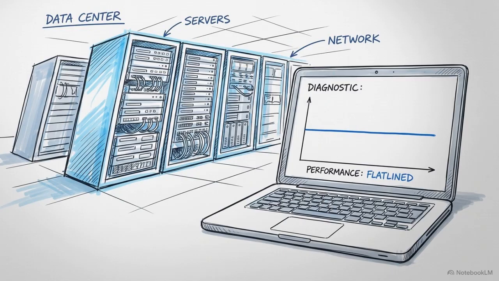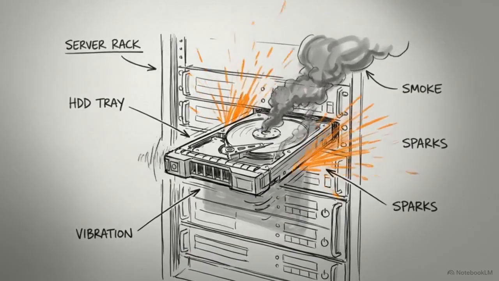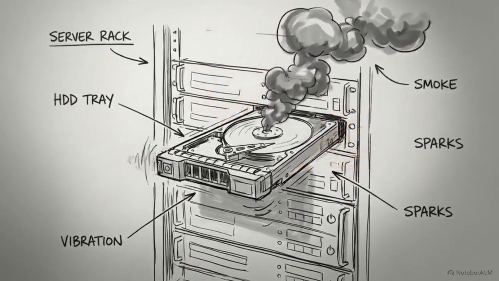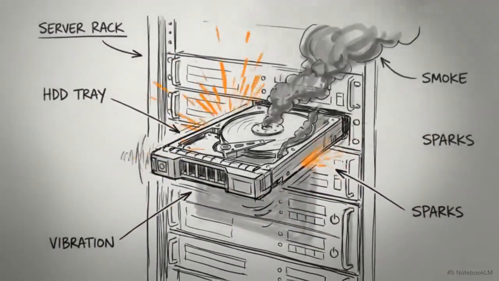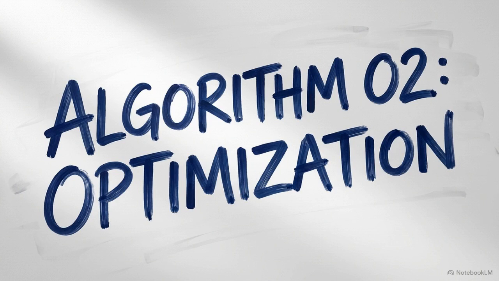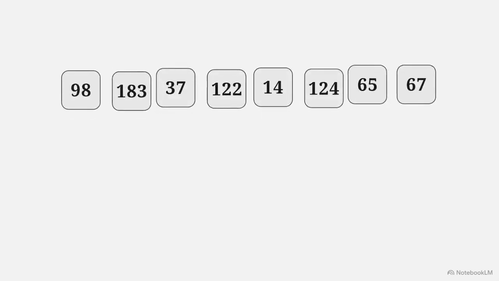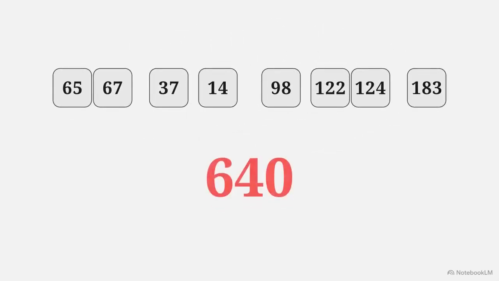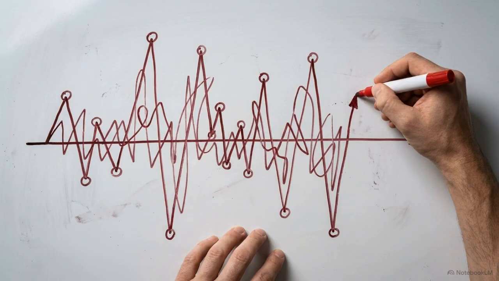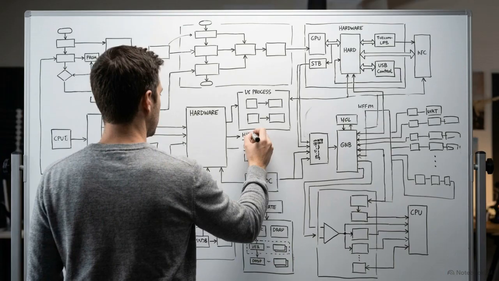Modern operating systems very rarely use FCFS. That much erratic movement wears down the physical hardware rapidly and results in seek times that are completely unsustainable for a high-performance system. To see how engineers solve this, you need to learn the shortest seek time first algorithm, or SSTF. Reordering this exact same queue by proximity will drastically reduce that 640 cylinder total. You have to experience the heavy inefficiency of FCFS firsthand. It is the only way to understand exactly